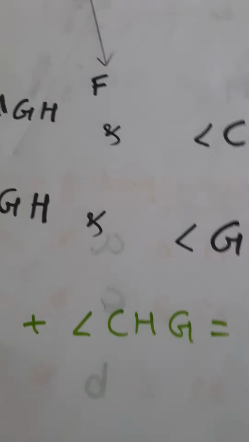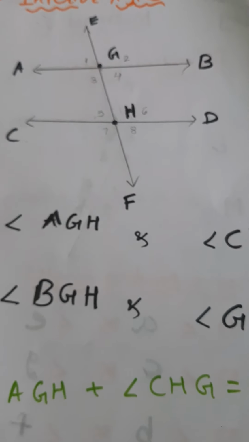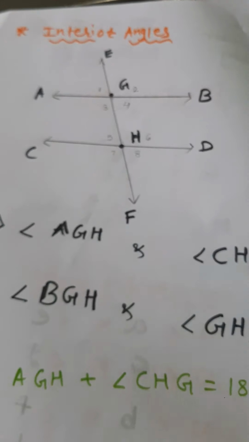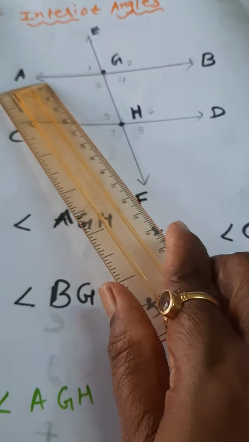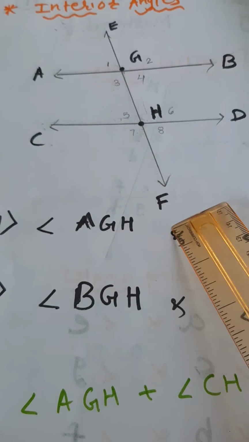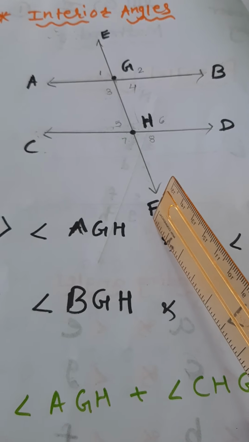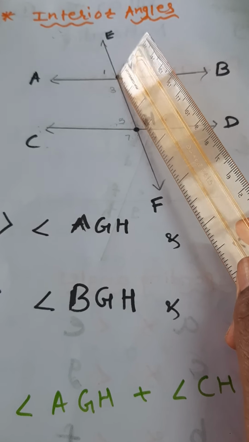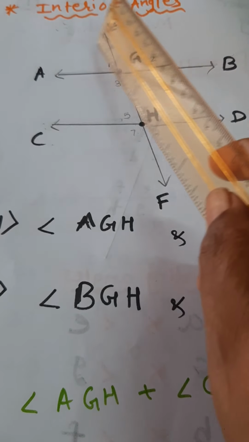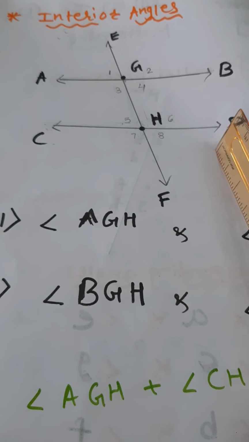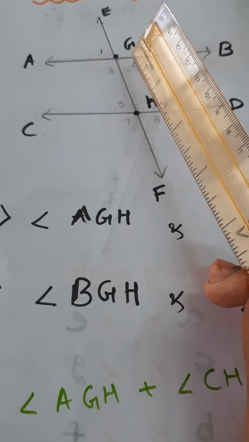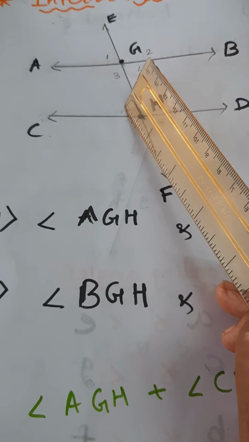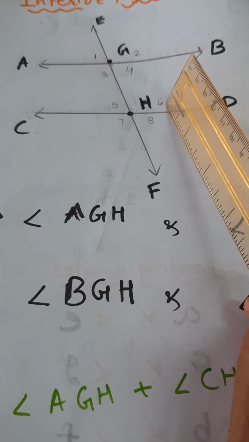Now let's see the next type of angles, that is interior angles. The definition is there in its name only, interior, inside. Again here two parallel lines AB and CD and EF is their transversal. It intersects these two lines in two distinct points, that is G and H. We got 8 angles total. From that now we are going to see interior. Interior means inside only. So which are the interior angles? Angle number 3 and 5. Angle number 4 and 6.